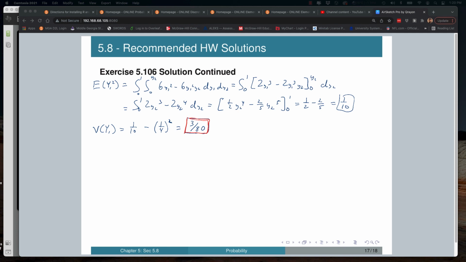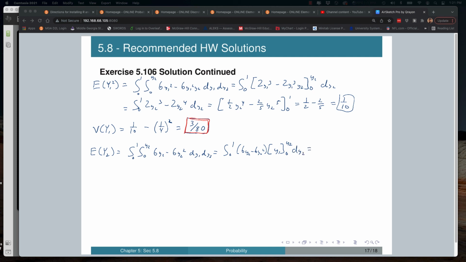So now we need to commence finding the variance of y sub 2. Again, I need the expected value of y sub 2. I'm setting my double integral from 0 to y sub 2, 0 to 1, multiplying in a y sub 2. I get 6y sub 2 minus 6y sub 2 squared, dy1 dy sub 2. Since both of those don't have a y sub 1 variable in them, they're all constants, so we get the integral from 0 to 1 of 6y sub 2 minus 6y sub 2 squared times y sub 1 evaluated from 0 to y sub 2 dy sub 2,